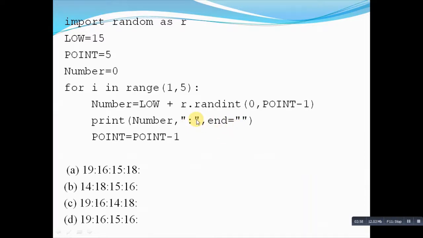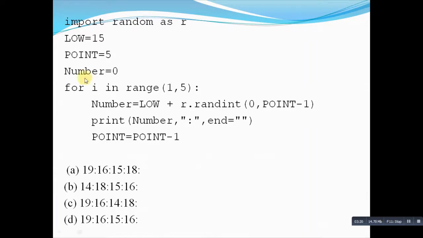You have to take care while you are writing the output, of each and every part. The first thing is that in the print statement a colon is given and an end statement is given. You have to consider both while writing the output. If you miss any one of these, then proportionate marks will be deducted. So you have to take care of each and every part. Let us discuss what will be the probable output here.